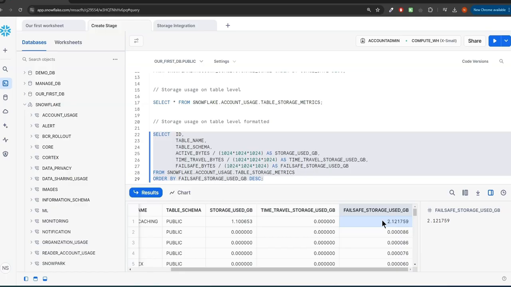We have mentioned the transient tables, for example, they don't have failsafe. So we can use those transient tables if we have huge tables and we don't want to have the data protection with failsafe, to save storage. And of course, what are those different table types? Transient tables, temporary tables, permanent tables. Let's now